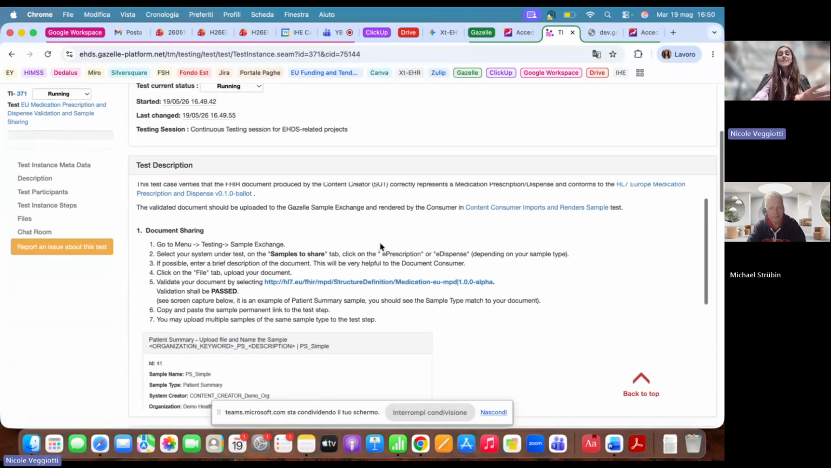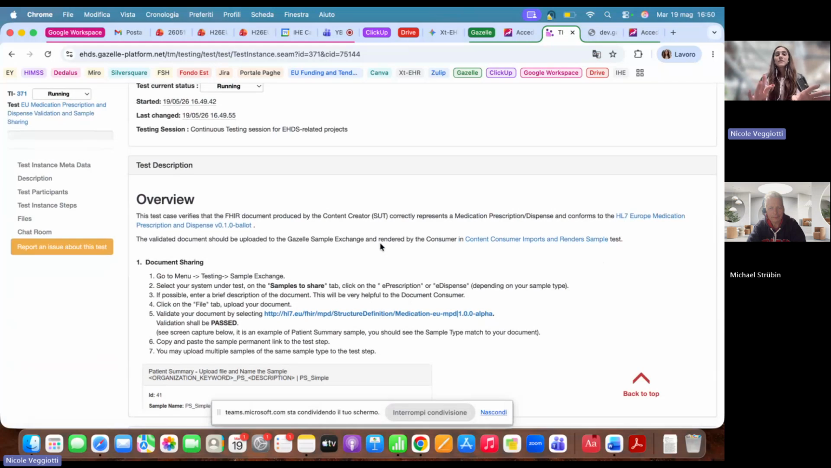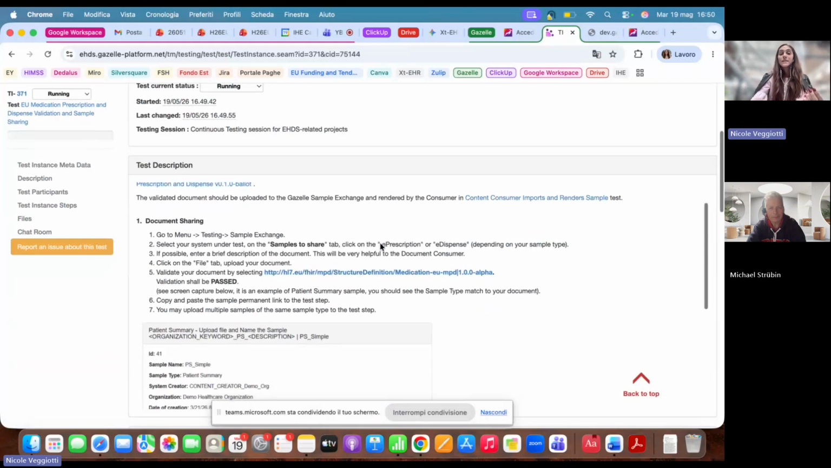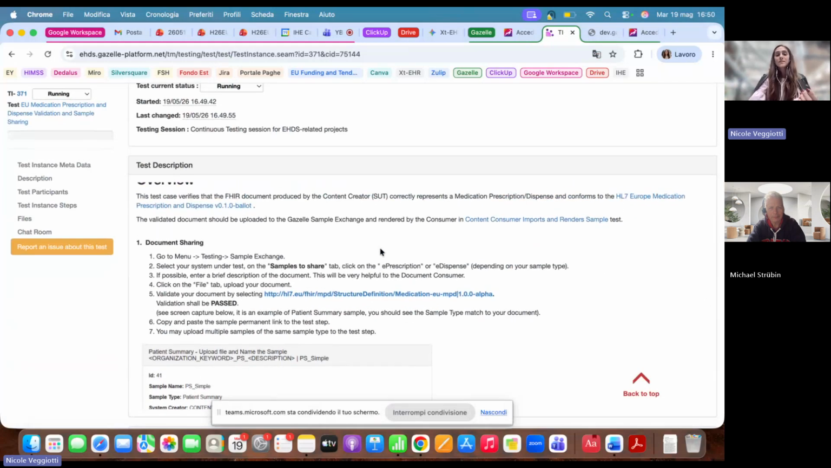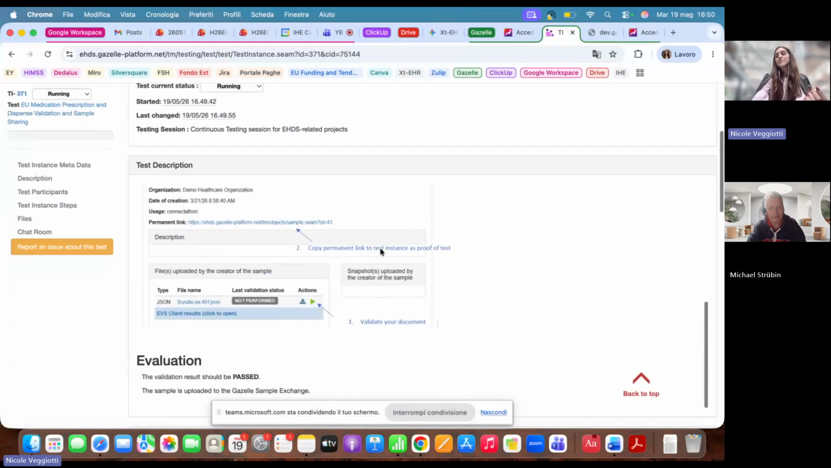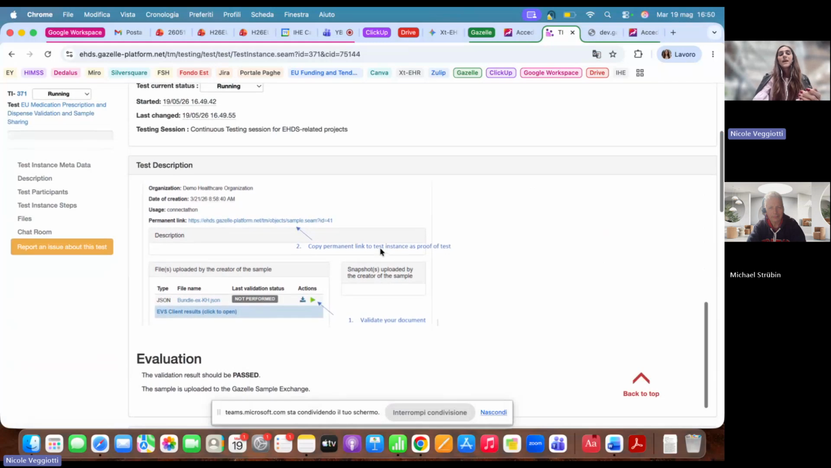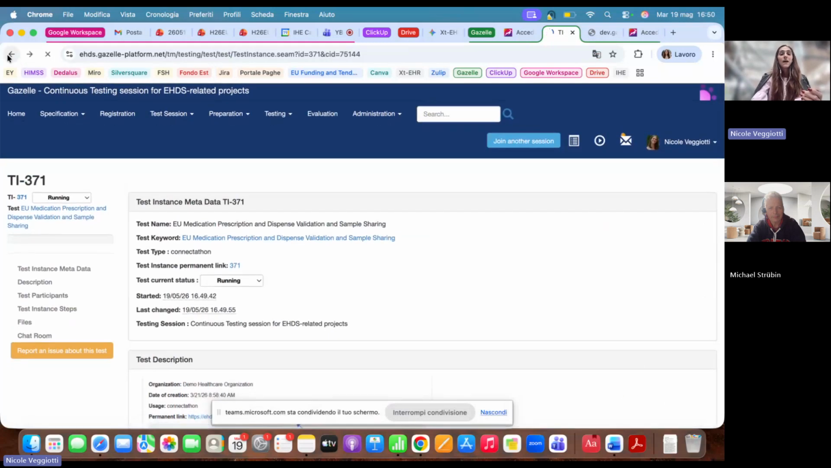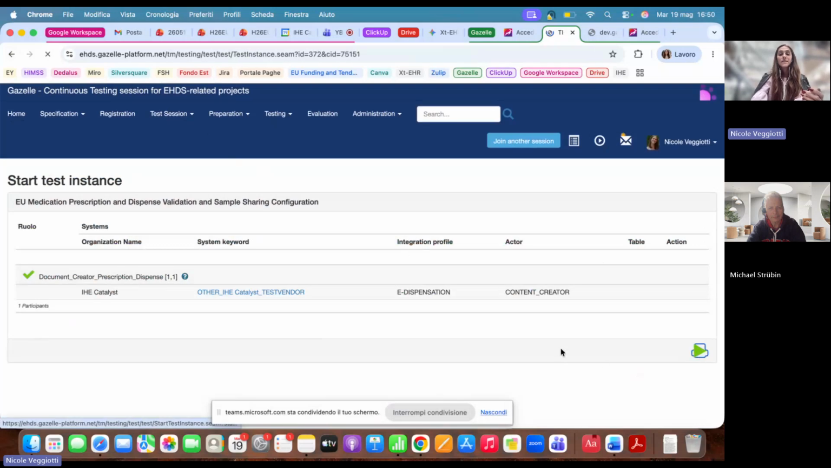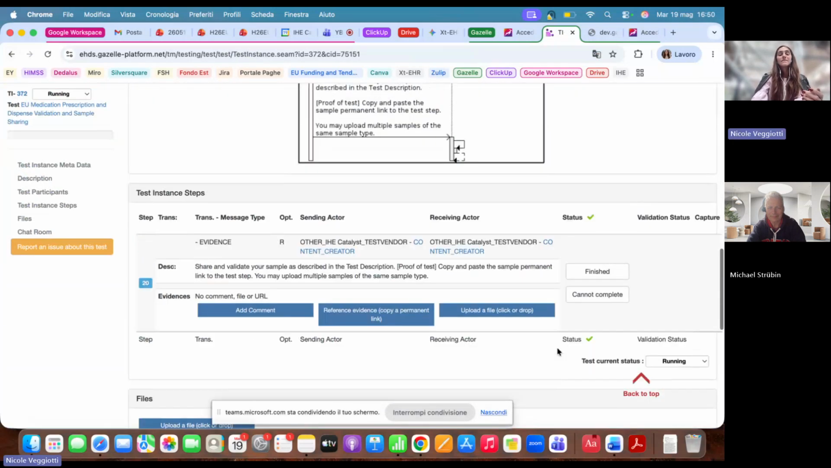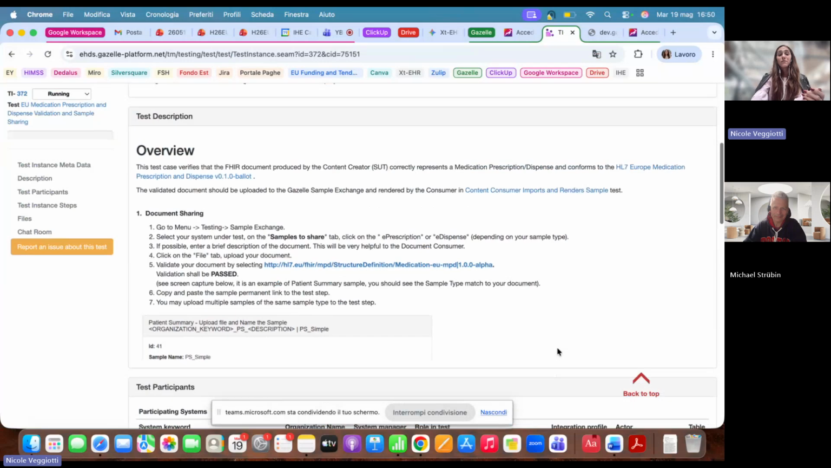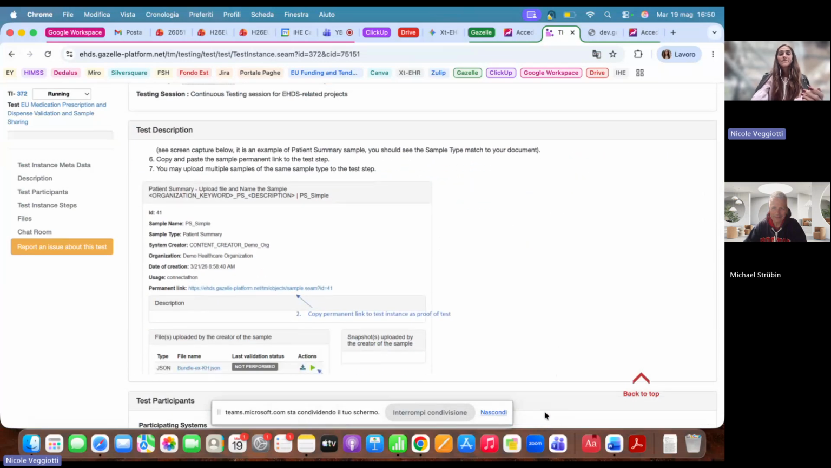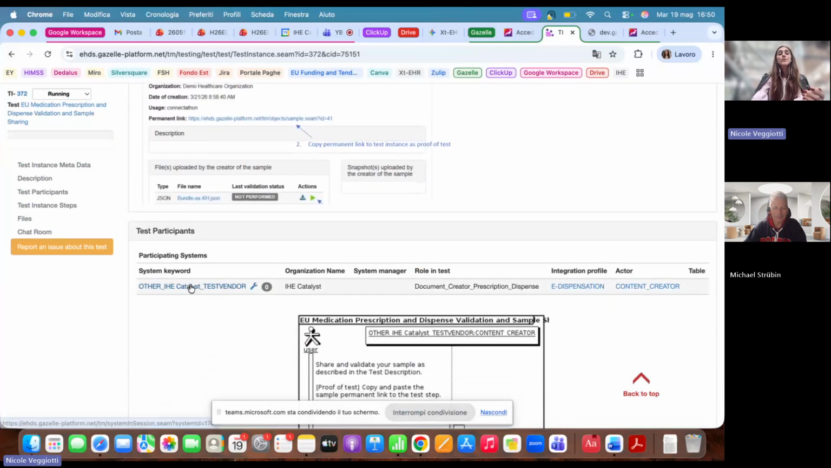The test description is fundamental because it has the overview that is needed for performing the test, so you need to read it carefully, and it also has a part for the evaluation for us for evaluating the tests too. And then here, exactly. Here you have the overview, the test description, and then we have the test participant, so your system,